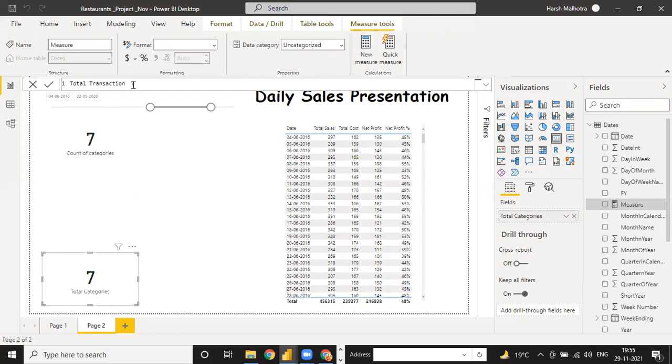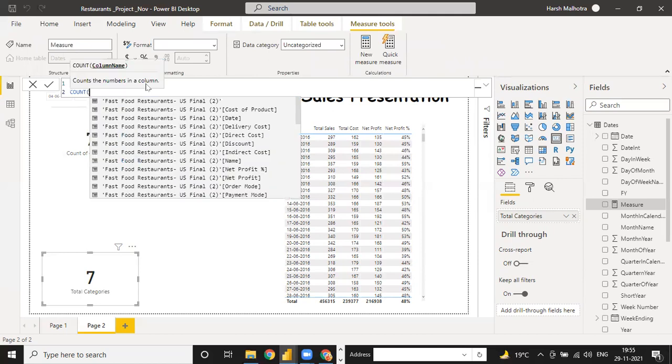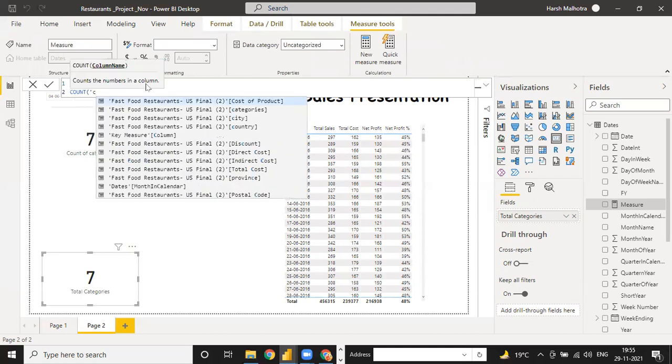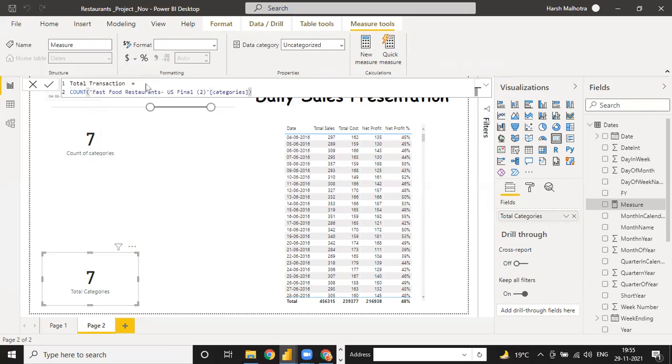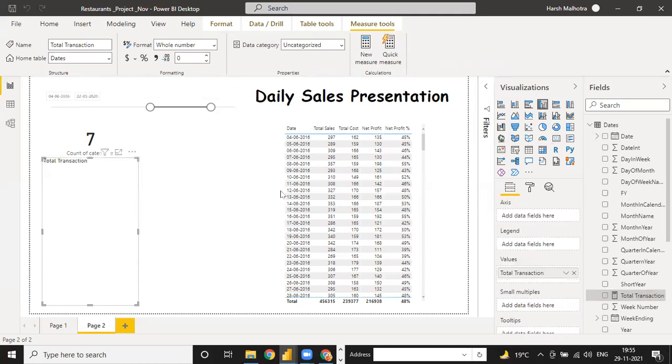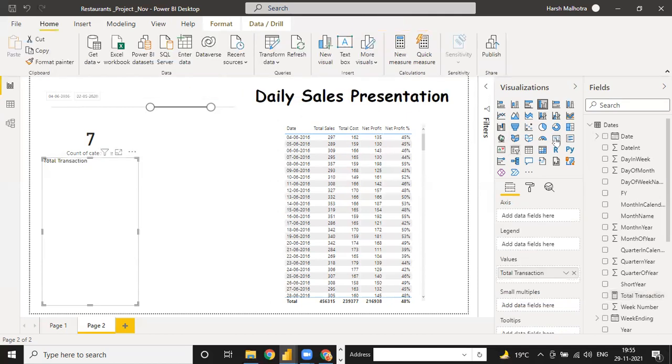Some people use the count function on category instead of distinct count. But the count function gives you the total count of the rows. Let me show you here, and click on this card chart.